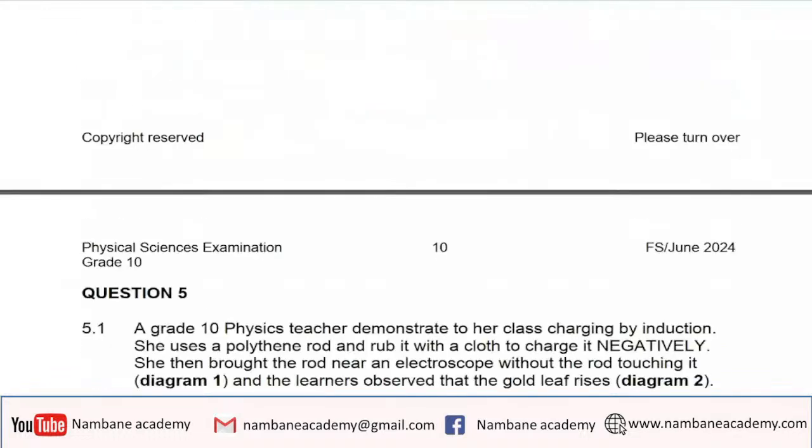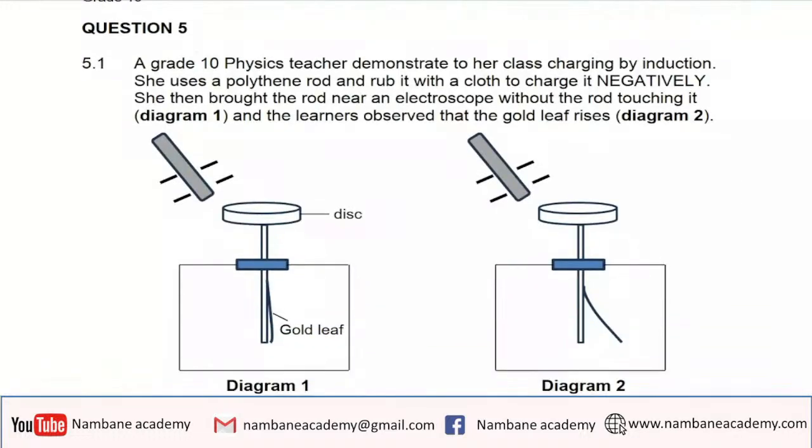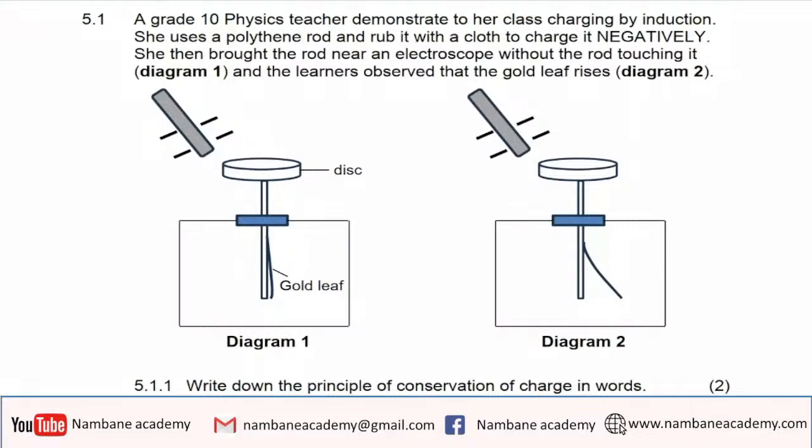All right. In the absence of any, then we go to electrostatics. It says there a grade 10 physics teacher demonstrates to her class charging by induction. She uses a polythene rod and rubs it with a cloth to charge it negatively. She then brought the rod nearer the electroscope without the rod touching it. That is diagram 1. And then the learner observed that the gold leaf rises. Now, the question is,